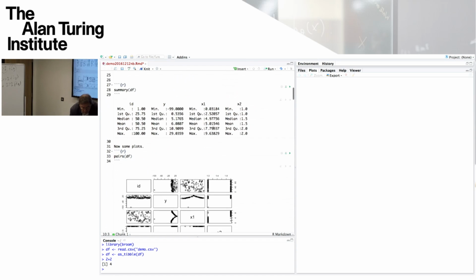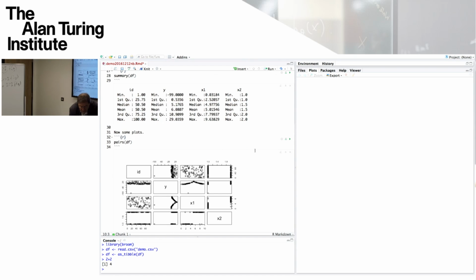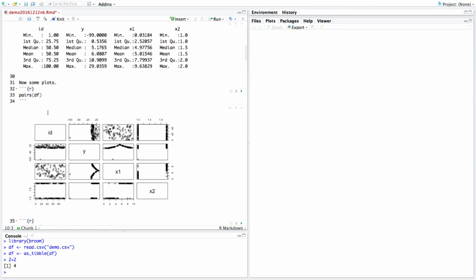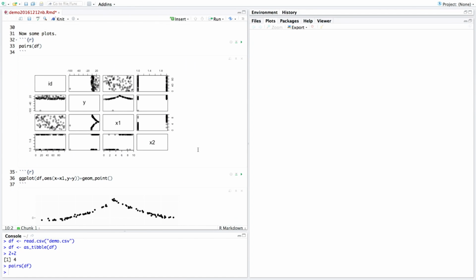Okay. So let's have a little explore of this. If I execute this chunk here, I'll take that data frame with those 4 columns, ID, Y, X1 and X2, and the pairs command in R produces one of these plots.